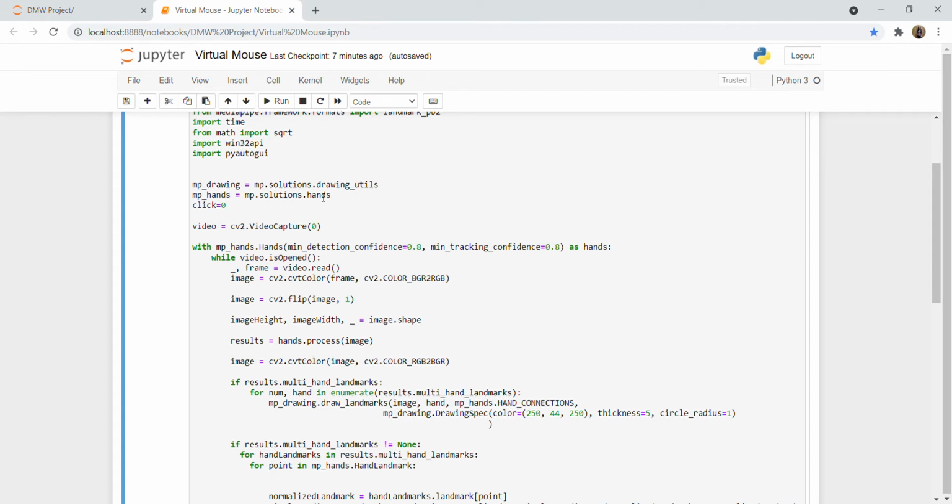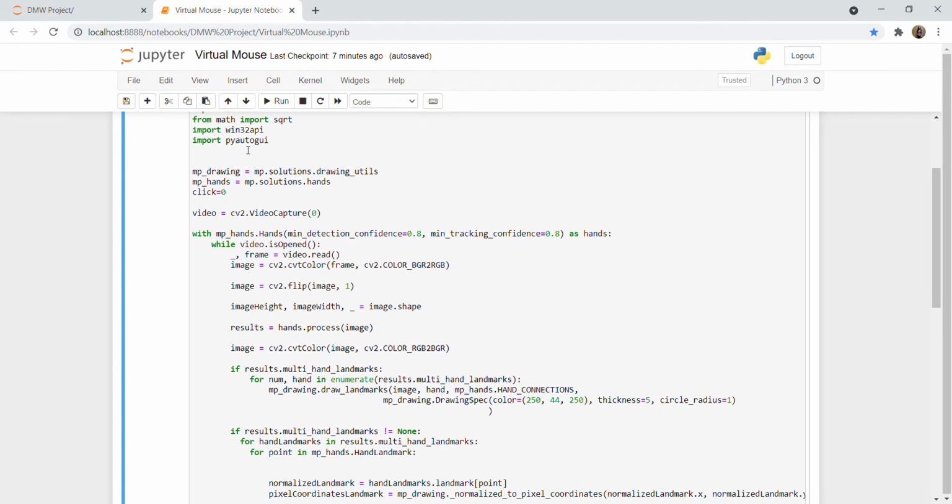After calling this class, let's move on to the OpenCV part. The first step is to take the input of the video capturing. There are many devices that can be used for this, but for simplicity, we are using the default, so I've put 0 here. Moving on to the code below.